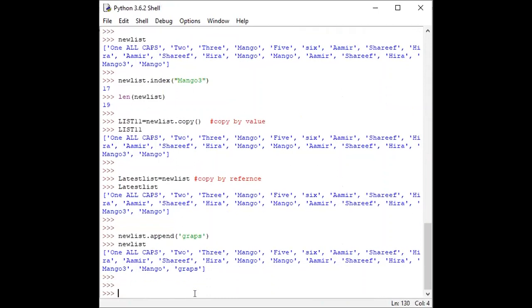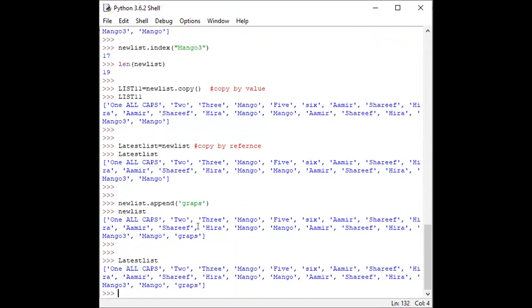But when I call this, I'm highlighting this command, this list, which we just copied to another new list by using the equal sign. If I call this list, let's check the latest list.